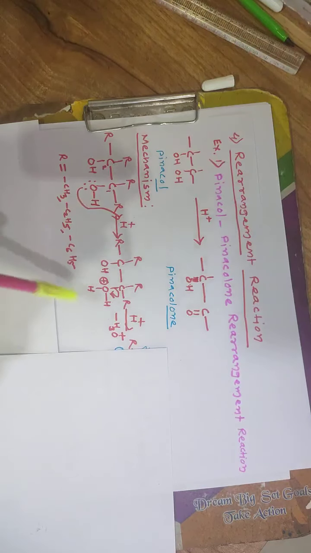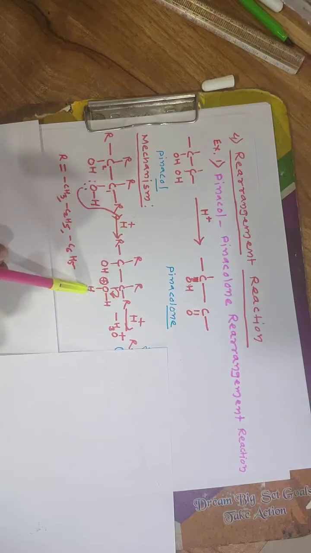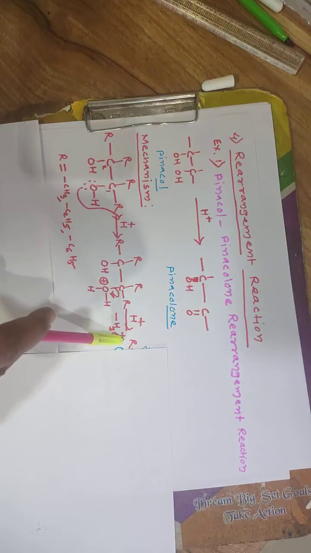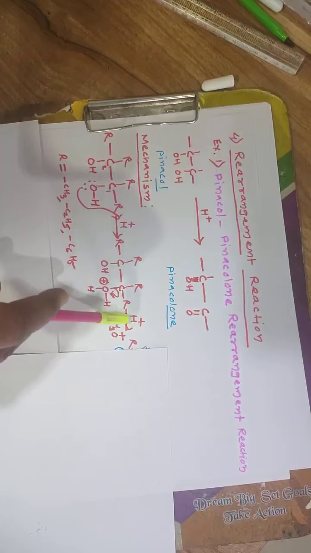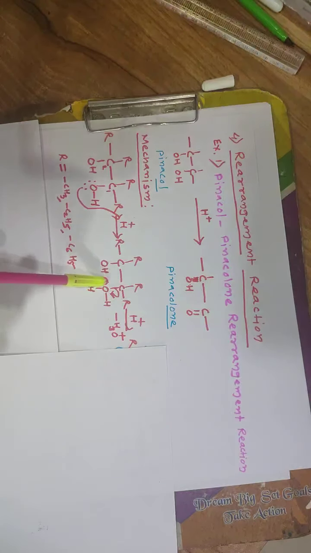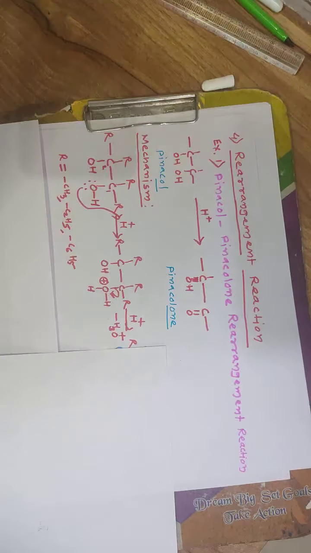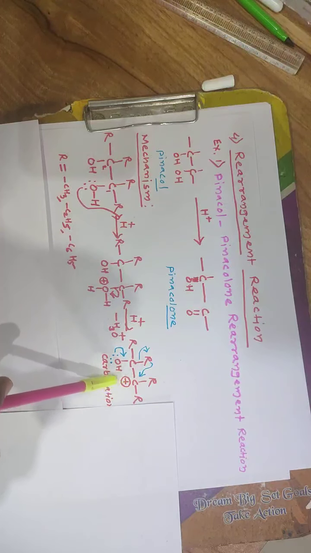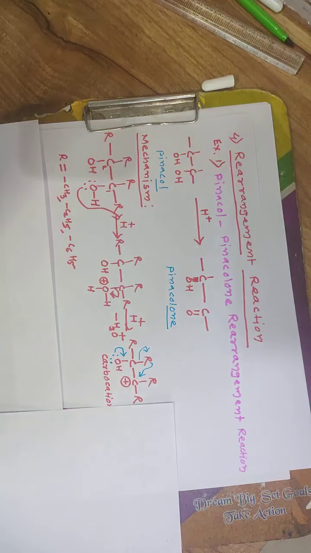of water takes place. So water removes its hydronium ion. Oxygen carries the positive charge. So this takes place in the presence of H positive, that is, a proton. As this sigma bond opens here, carbon carries positive charge. So this carbon carries positive charge. It is called a carbocation.